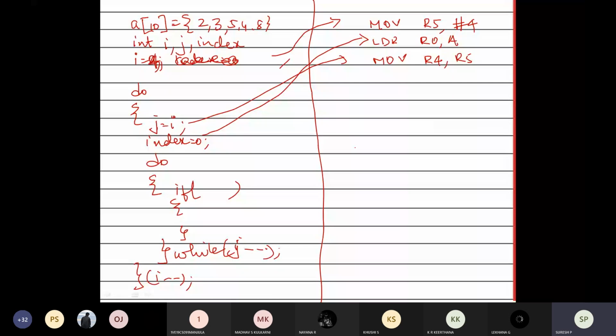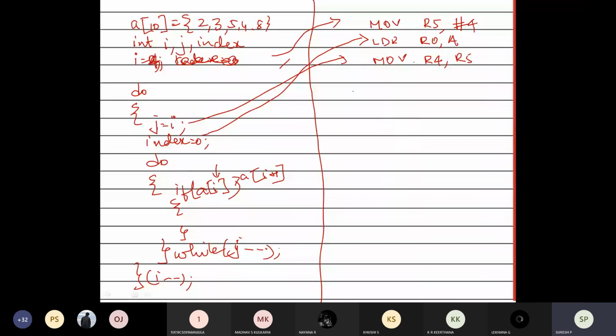Now I have to load the data, because I have to compare E of i with E of i plus 1. I am going to have the array element with respect to index here, but I want to fetch the element with respect to the address in your assembly code, because I have to refer only with respect to the address.